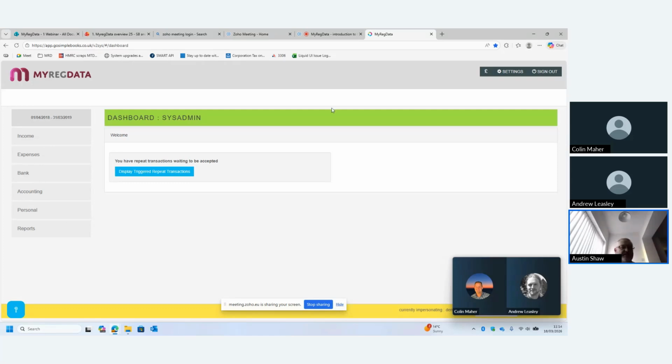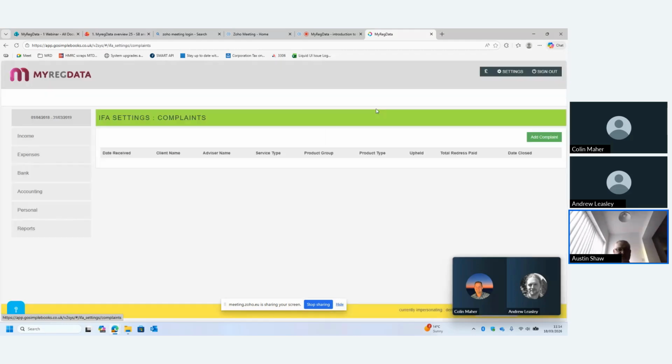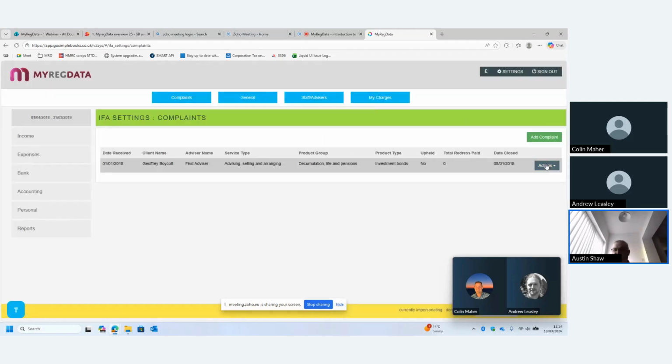Okay, so across the top menu, we have the settings options on here. So again, these are where the specific IFA settings are. So as I say, we have a complaints register. If we look at an existing complaint,